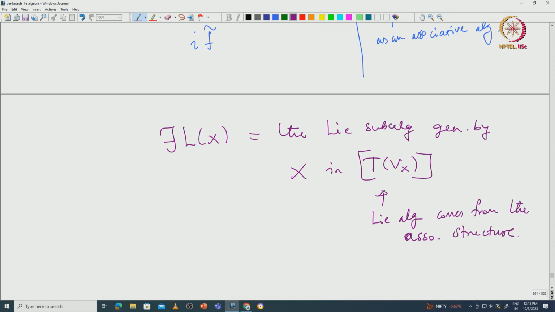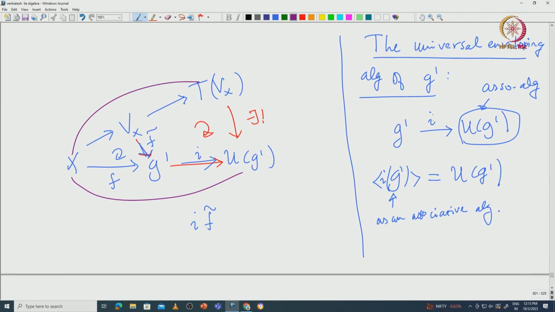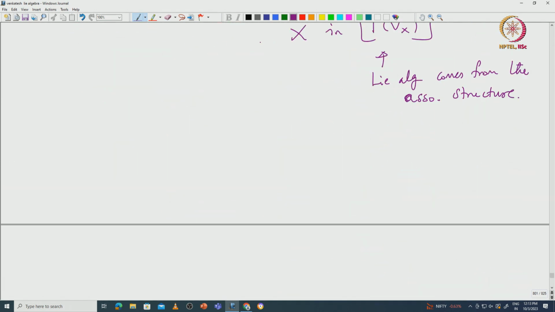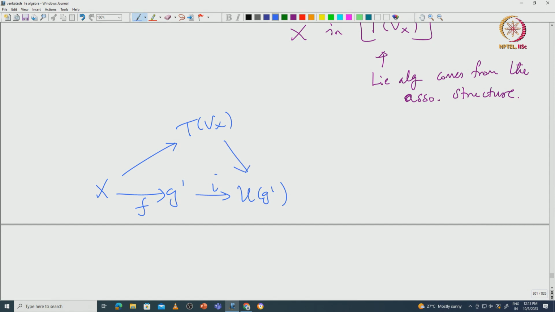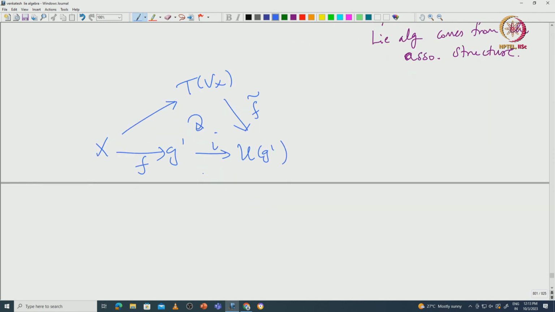So, then it is clear that this map that you have, you can call it F tilde. So, you can see that you have x sitting inside Tvx and then you have the map F to G dash, then you have the map iota to UG dash, then you have this F tilde such that this diagram commutes. So, now what we are saying, you restrict this F tilde to this FL of x,